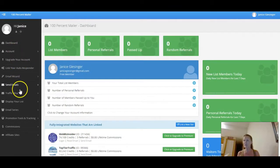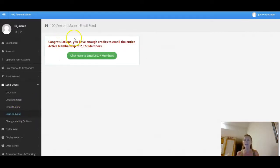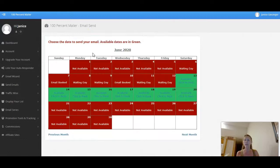Here on the left of the page is my dashboard, and I'm going to click on send emails, and below that send an email. It says congratulations, I have enough credits to email the entire active membership of 2,077 members. So I'll click on the green button, click the button to schedule, and it says, holy smokes,